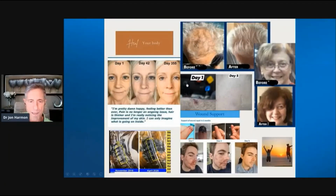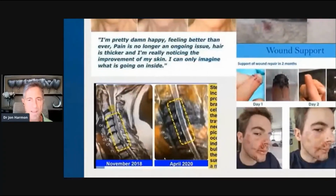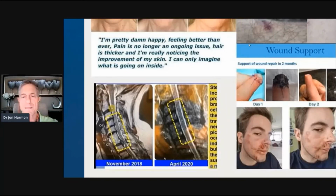I want to show you one more thing on here, and it has to do with something that's actually my wheelhouse, if you can see this. In my practice, I read MRIs and x-rays and things. Well, this one shows a herniated disc right there at C7T1. This shows that it's no longer bulging right there. Now, we don't just get this from using the X39. This is research on PubMed. You'll find where they actually injected the GHK copper peptide just subcutaneous above or just right by where there's a herniated disc, and they showed how it caused the disc to heal. Let me see if I can get